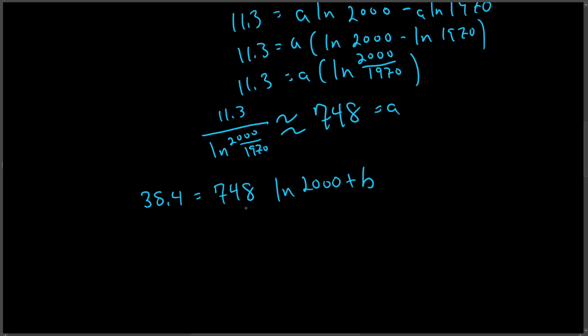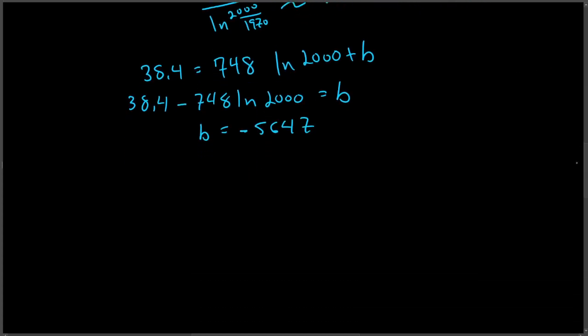So solving for b, I will subtract 748 natural log of 2000 equals b. I run this through my calculator, and b is approximately negative 5,647. So I put my model together,